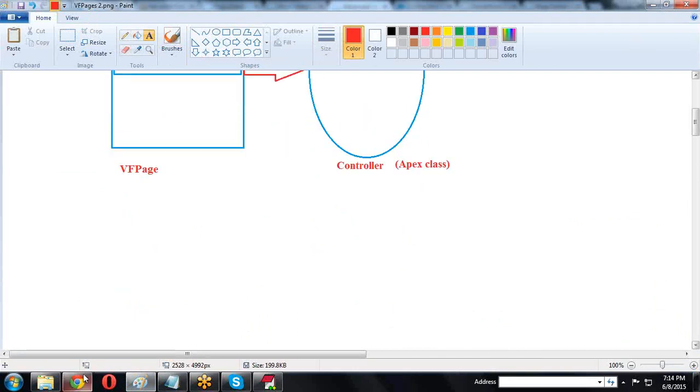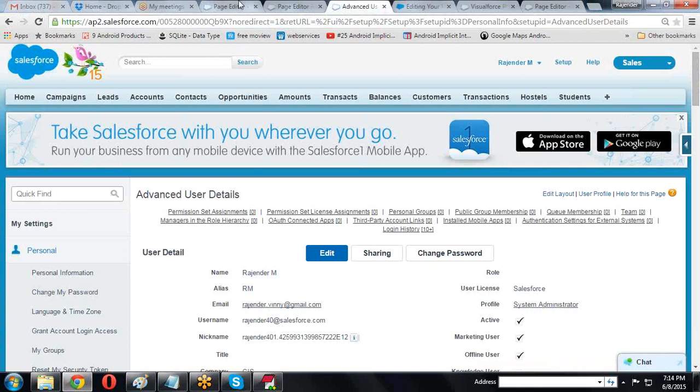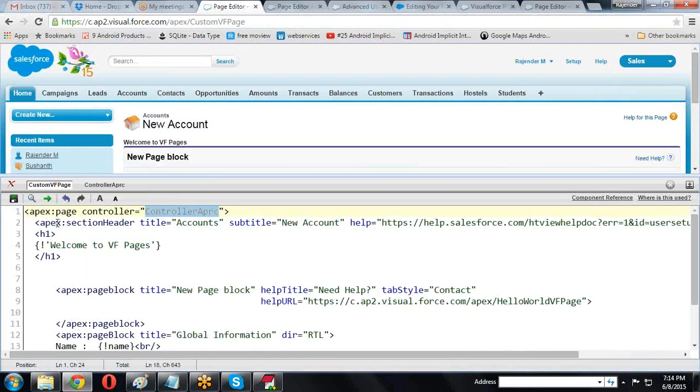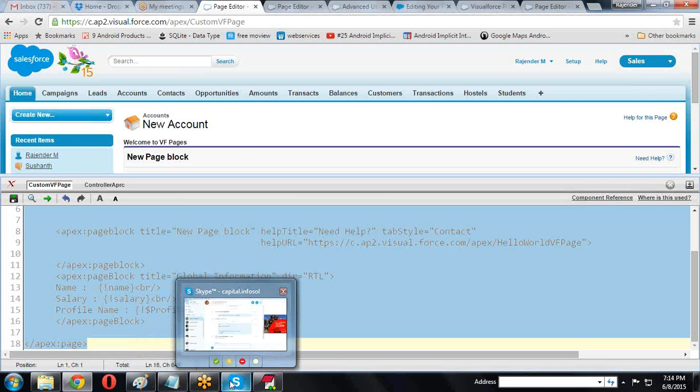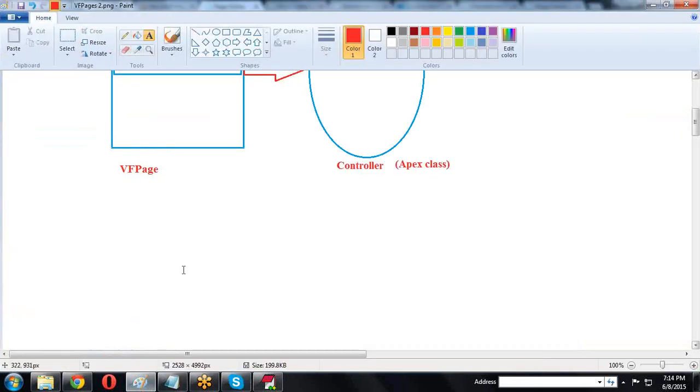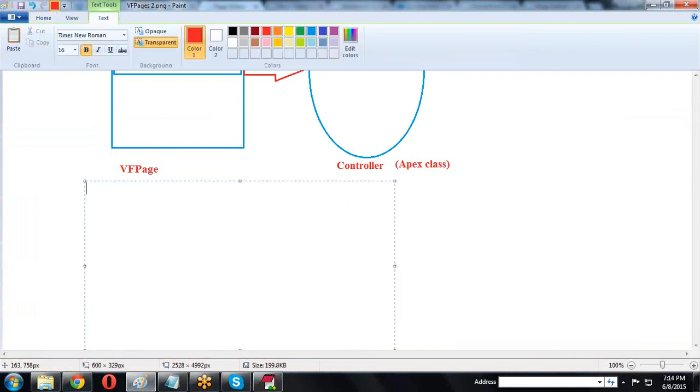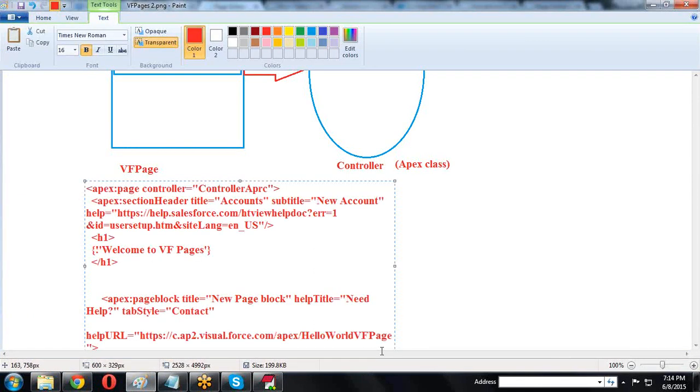So in the Visualforce page we created and we are using that one here. Simply I am creating and I'm using that here in the Visualforce page. Section header only, remaining things not required here.